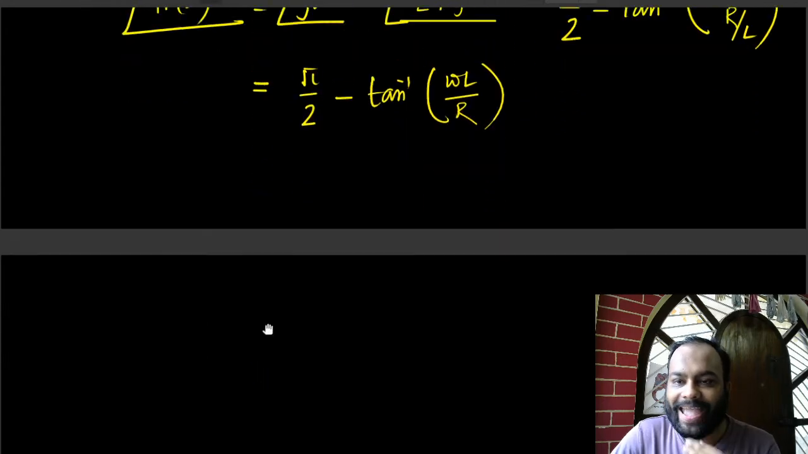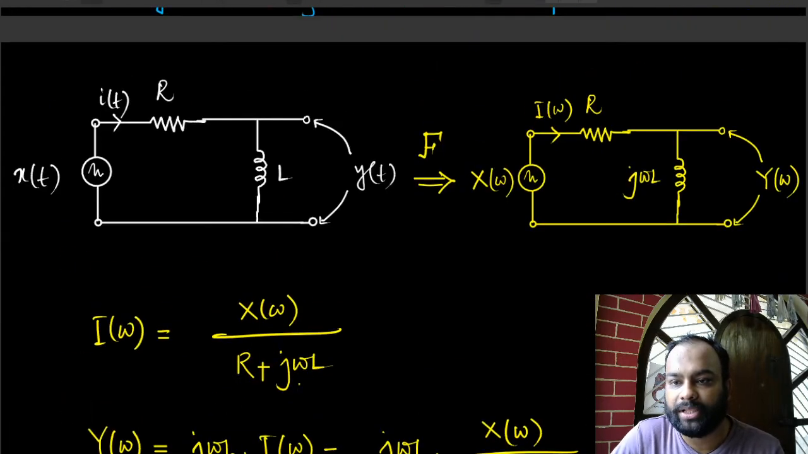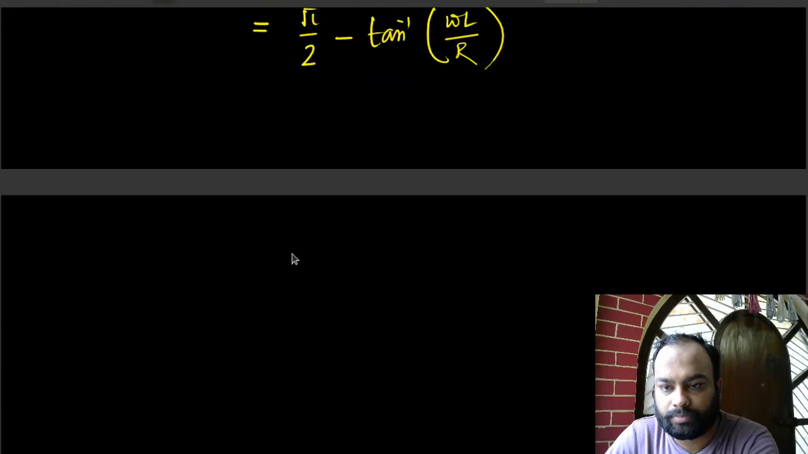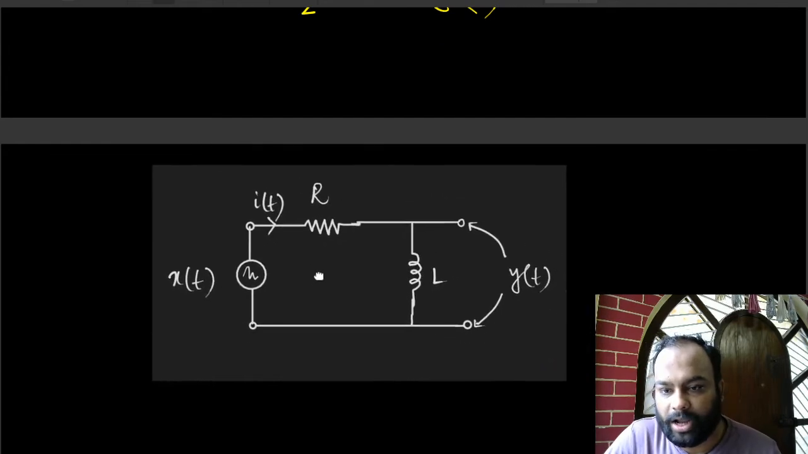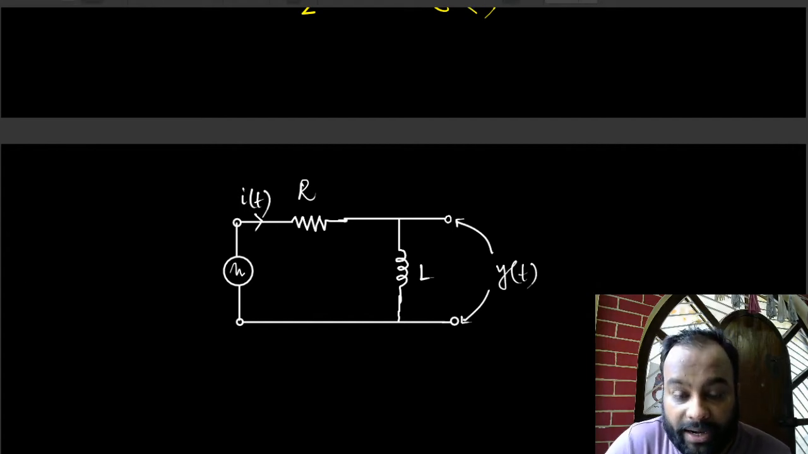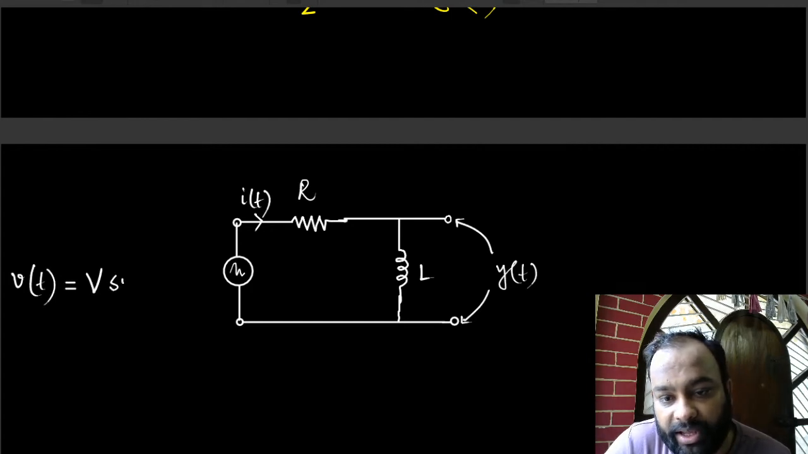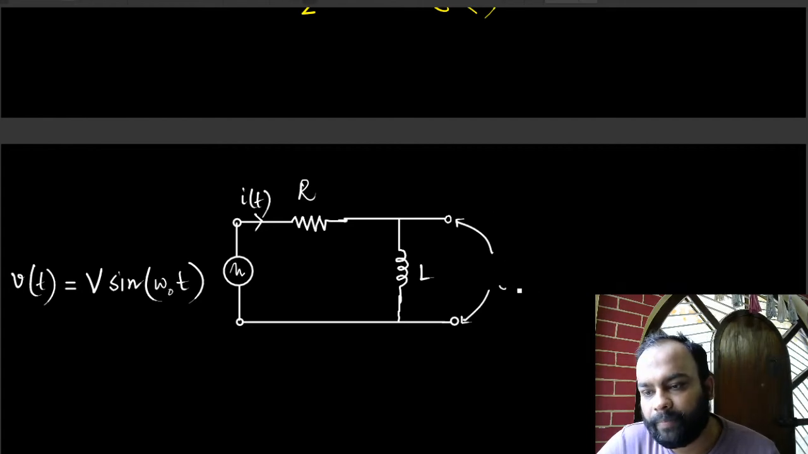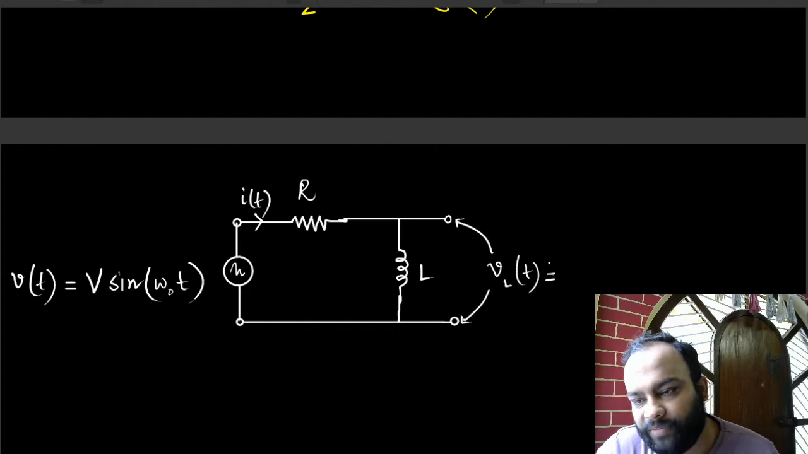So if I just pull this back here, copy and paste this. What I have figured out right now is that if this is some arbitrary sinusoid, say this is voltage V sine ω naught t, it could be cosine, it could be anything, it could have some initial phase. The output, which is the voltage across the inductor here, that's going to be V